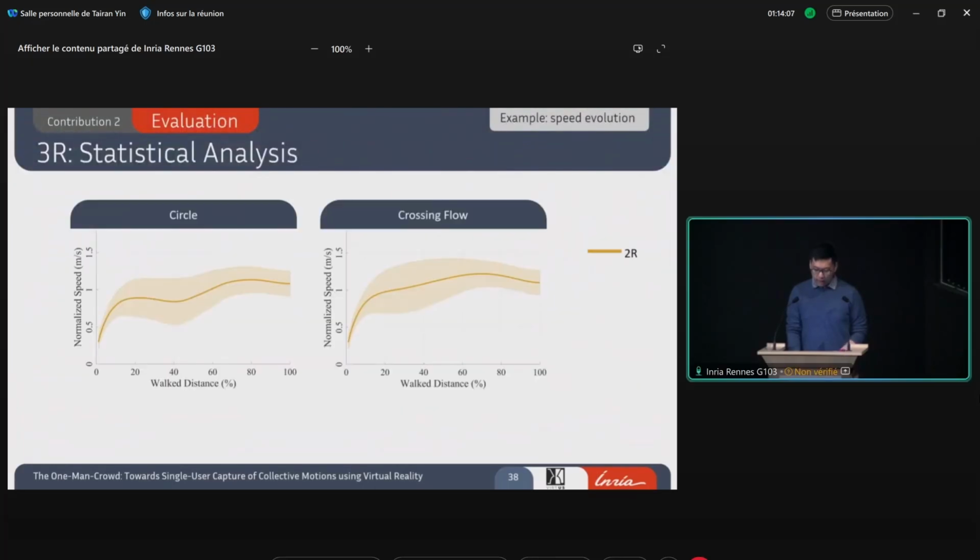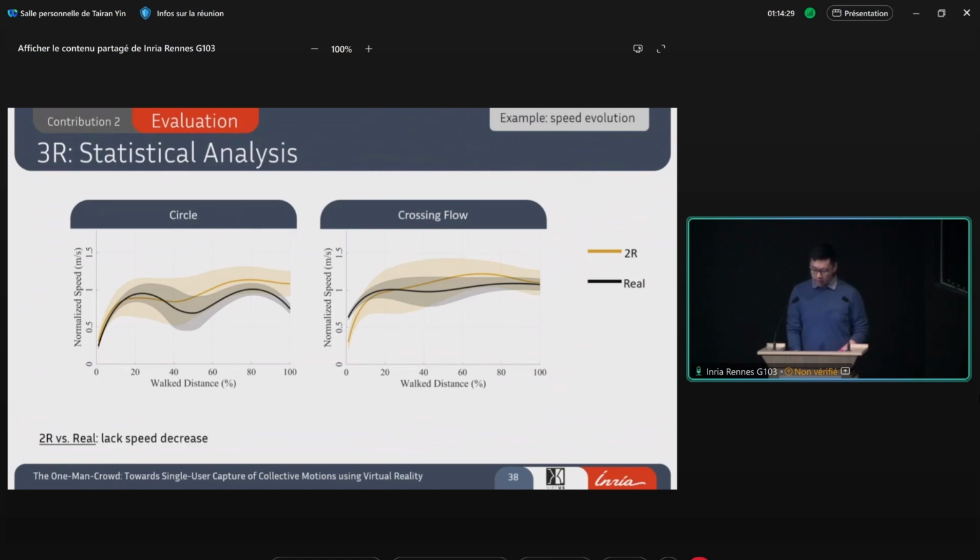So if I aggregate all the participant results of the same condition, for example, the 2R condition, I can visualize the mean value and the standard deviation of the speed evolution. Now if I do the same thing to the real data, you can see a clear speed decrease phase in the middle around the 50% position, which differs from the 2R results.